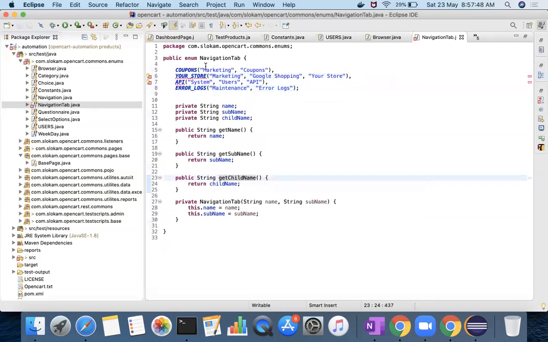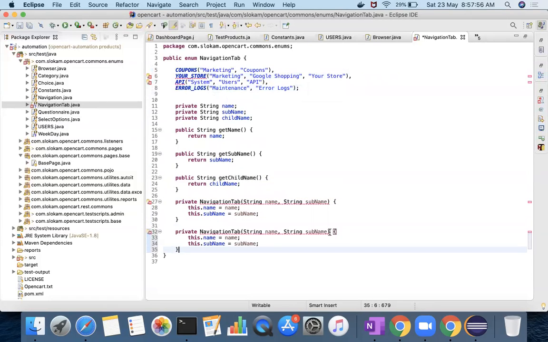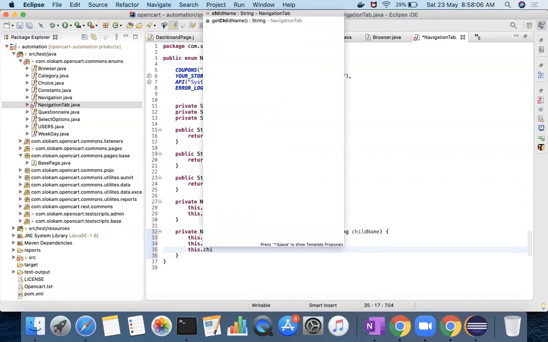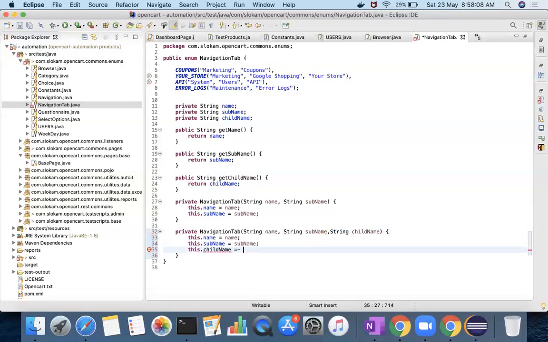Okay, so see these two have been handled, and there are two other errors, like you have to write one more constructor with three values. String, dot child equals to, this is the constructor that works.